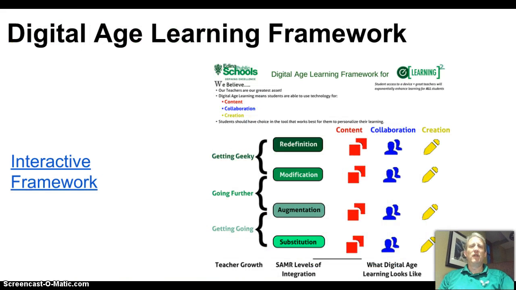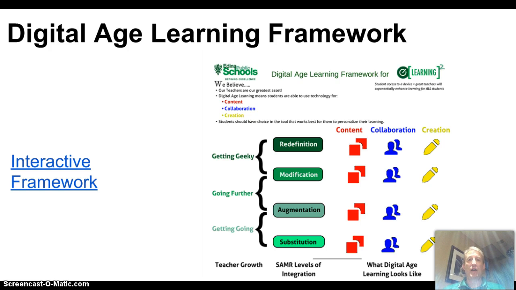So last spring we developed this digital age learning framework, and it's really based on something called the SAMR model, where low-level integration is basically you're just substituting technology for something you've already done. Maybe it's the worksheet and now it's digital, and there's no real change. And then we start augmenting things maybe and utilizing the spell check feature of the tool or some other things that way. Or maybe it's modification where now students are able to use something like Turnitin and you can give